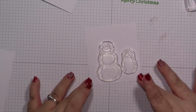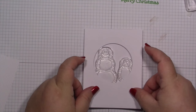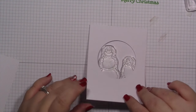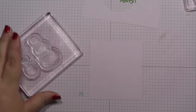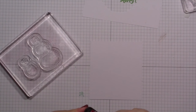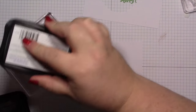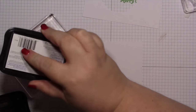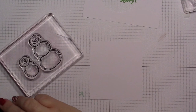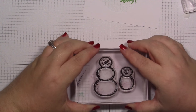I'm going to mount these stamp sets together, and what I've done is I've lined them up to where I think I can get both of them without losing more of one over the other. So I have my snowmen mounted, and I'm going to go ahead and stamp them with Stays On ink. The only reason I'm doing this is because I want a crisp black ink. Plus, I'm going to be coloring around it, and I don't want any color to get in the way. So I'm just going to stamp this